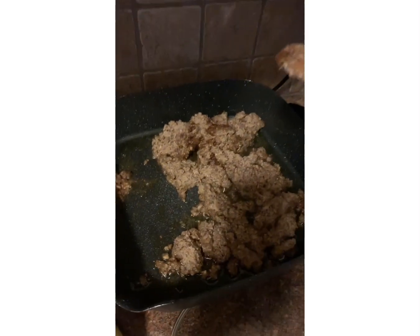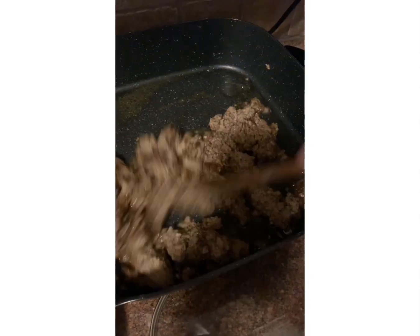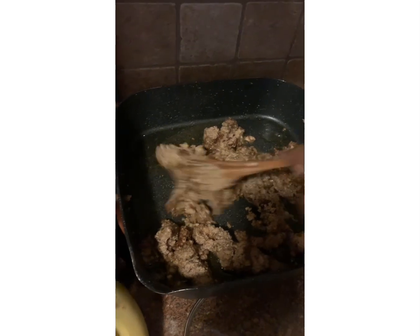Okay guys, so I'm letting this cook. I'm going to start stirring it in. Looks like it's ground beef, man. Doesn't this kind of look like, isn't this amazing how much